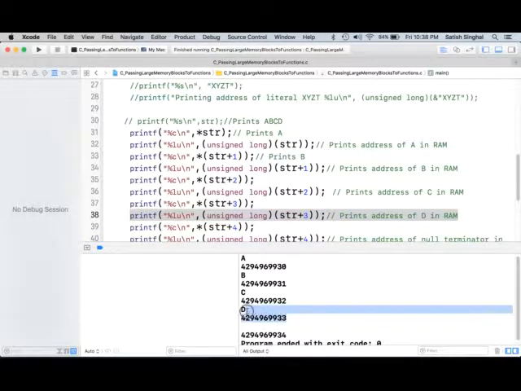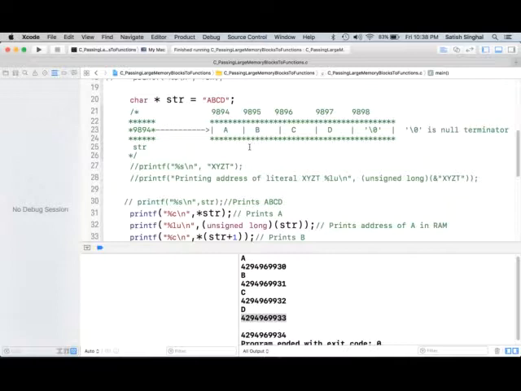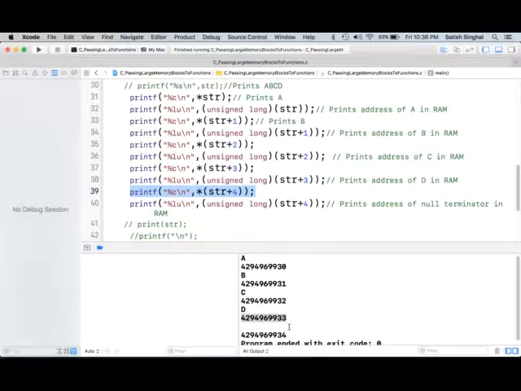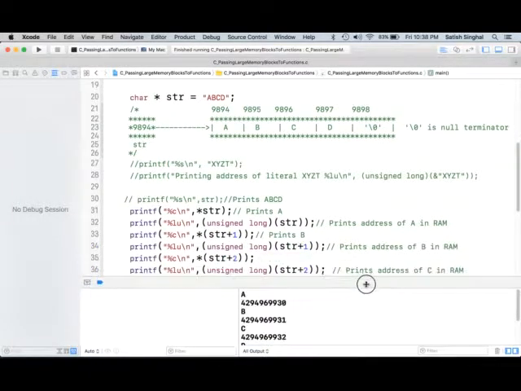And notice this didn't print anything because at 4, 0, 1, 2, 3, 4 is the null terminator, which is not printable. Nothing got printed in this line, but the address of the null terminator did get printed by this line to be here. Okay, A was at byte 0, then 1, 2, 3, 4. If you look at our picture, 0, 1, 2, 3, 4. 1 byte each. So that's how the indexing sort of